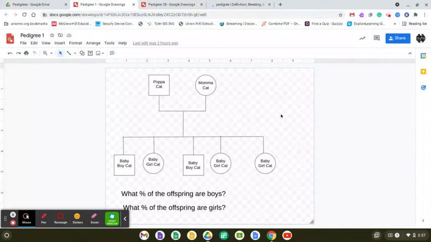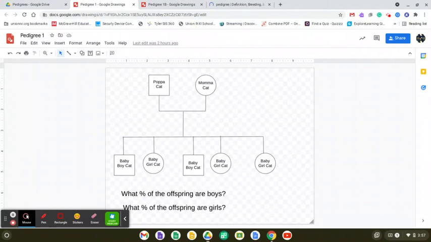Today we're learning about pedigrees. Pedigrees and Punnett squares get confused for each other quite frequently. The Punnett square that we looked at in the previous video looks at one